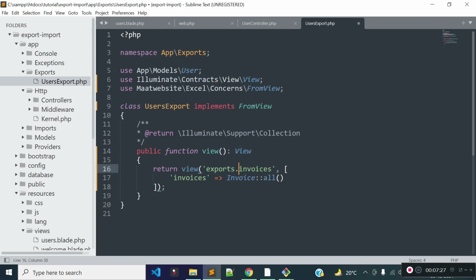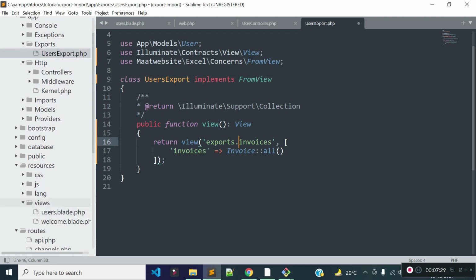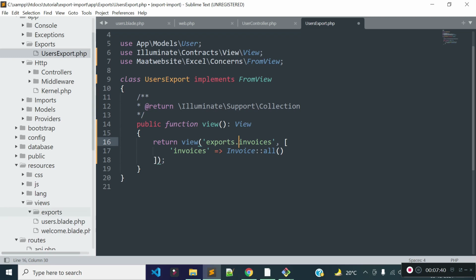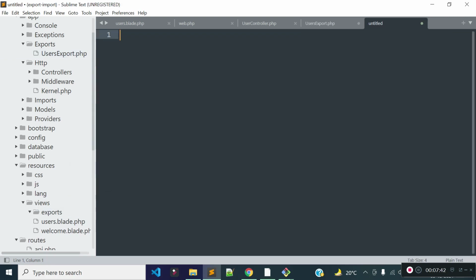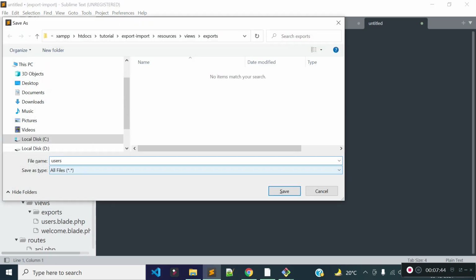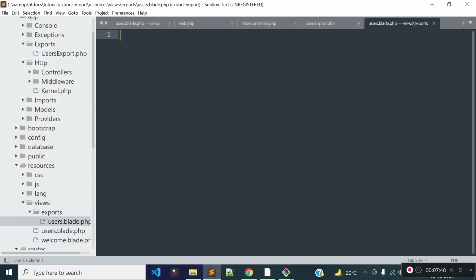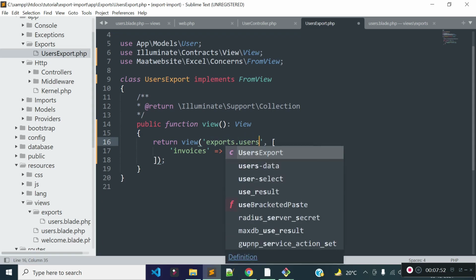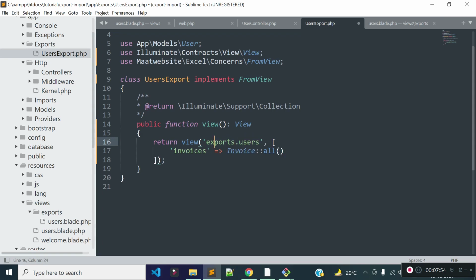So let's generate a new view file inside our resources views and then export folder, because we need to return the view file from this view method. Let's create a new folder exports, and inside this folder generate a new view file called users.blade.php. Then in our user export let's provide the view file name, users, under the export folder.